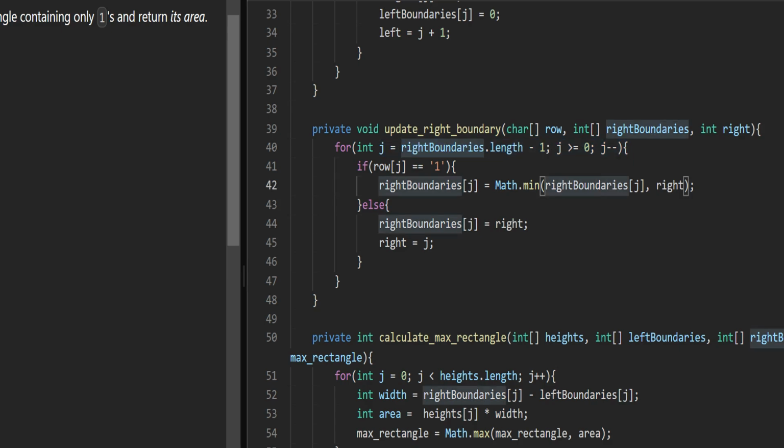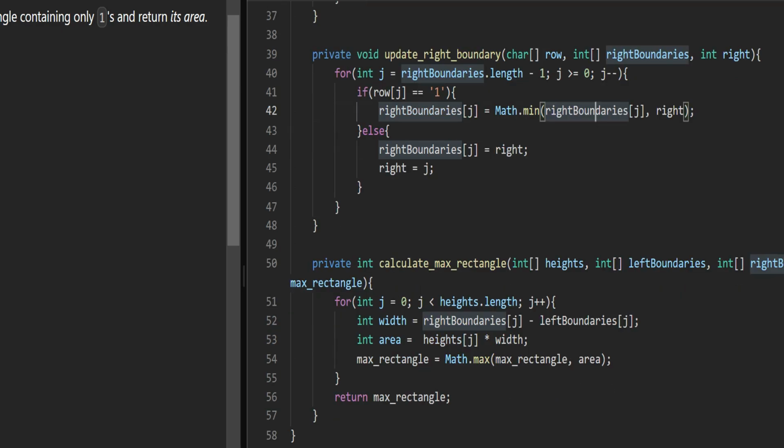Whichever was the smaller element will be updated as the current value of the right boundary. If this is the condition, then we'll update the right boundary. Else, we'll just simply leave it to the right pointer. And the right will move backwards, which means j minus.